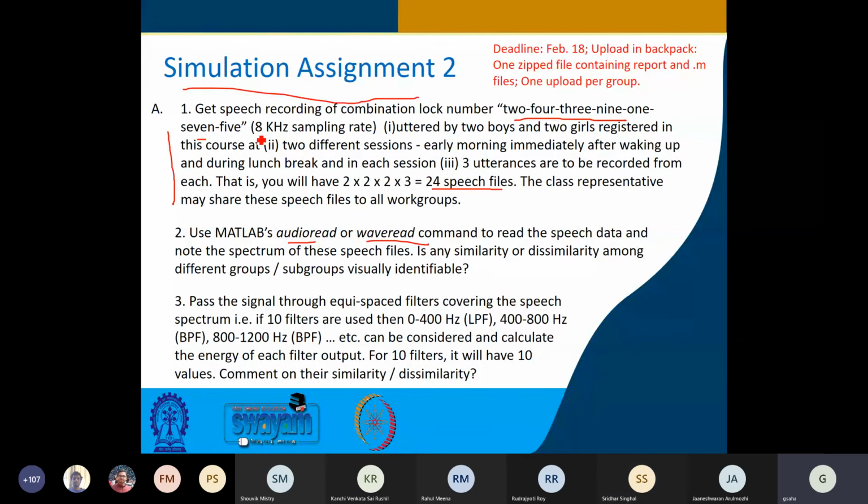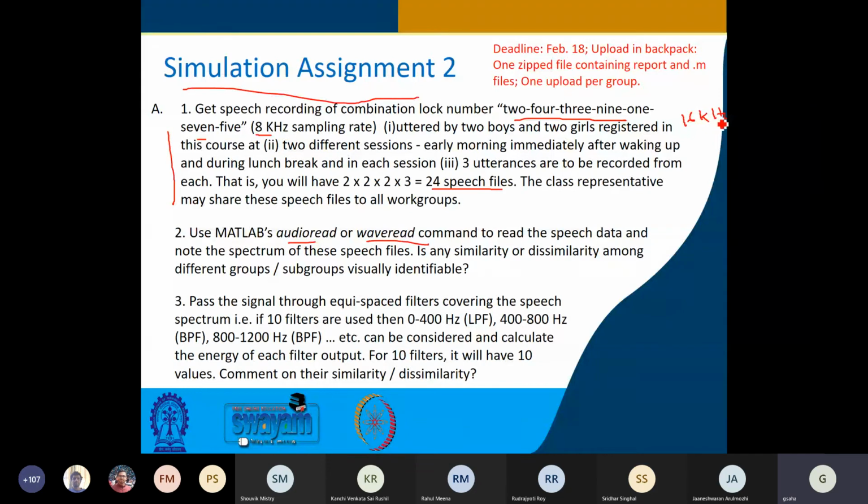I'm saying 8 kilohertz because you have to use less samples, but even if you go for 16 kilohertz, that is fine. More than that is not required. 44 kilohertz is mostly for music and other quality, which is not required actually. You are talking about speech only, which is limited up to say 3.4, 3.5 kilohertz. So up to 16 kilohertz is fine, 8 kilohertz is okay. You can try with this. The recording part you have to finish in the next 2-3 days, right?